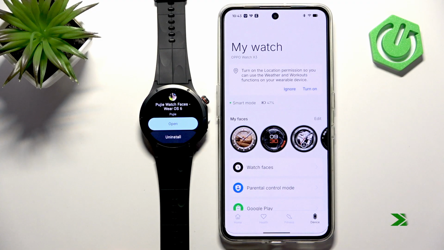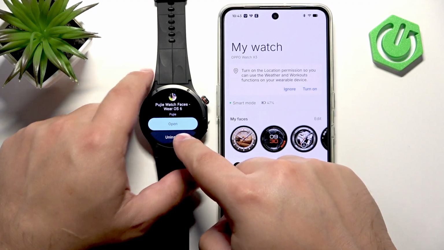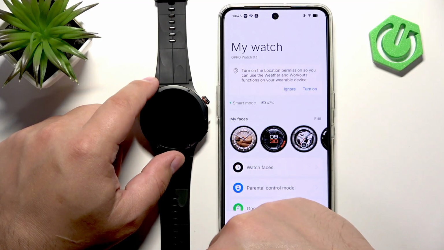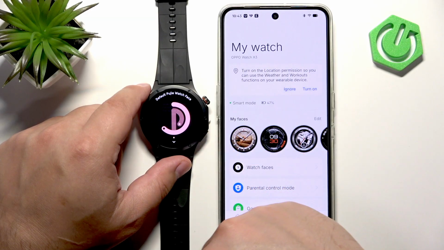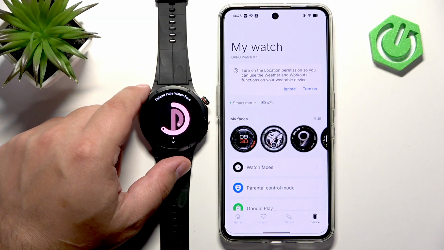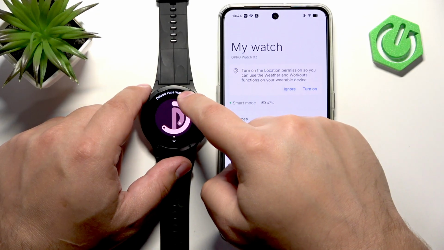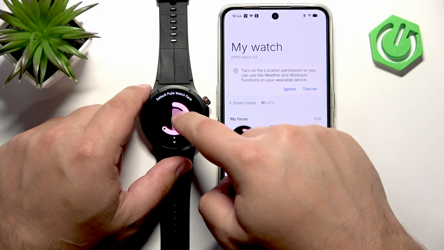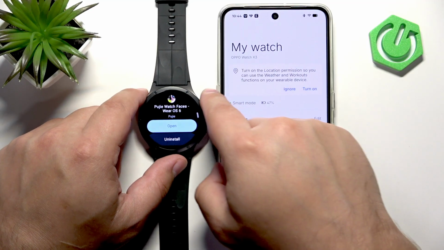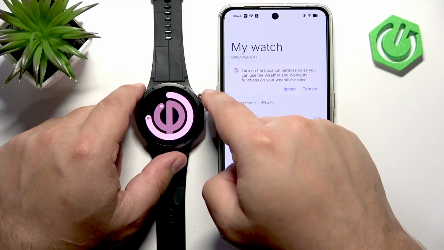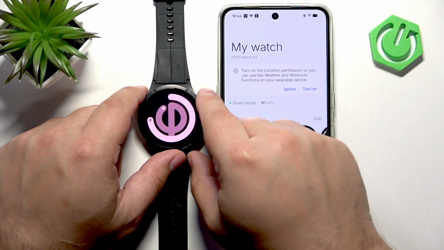Okay, the watch face is done installing, and some of them you will need to tap on Open, allow the permissions, and then we can set up our watch face, and we have the option to apply it by tapping on it. And it should be applied, right? Yeah, it is applied. But if you want to customize it a bit further,